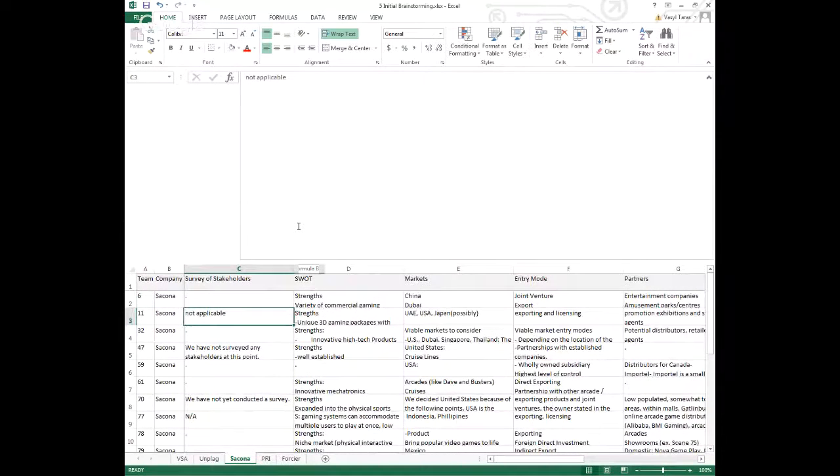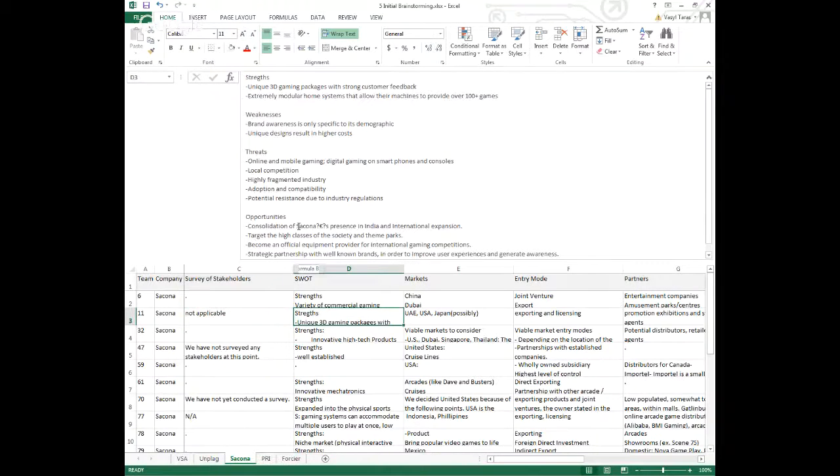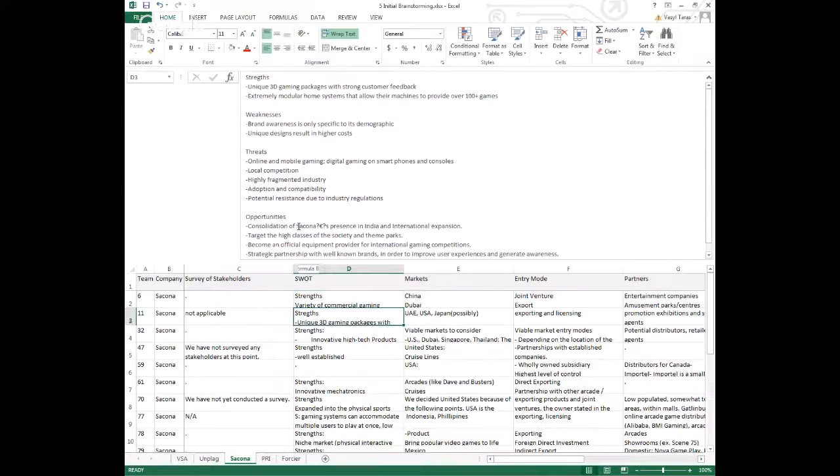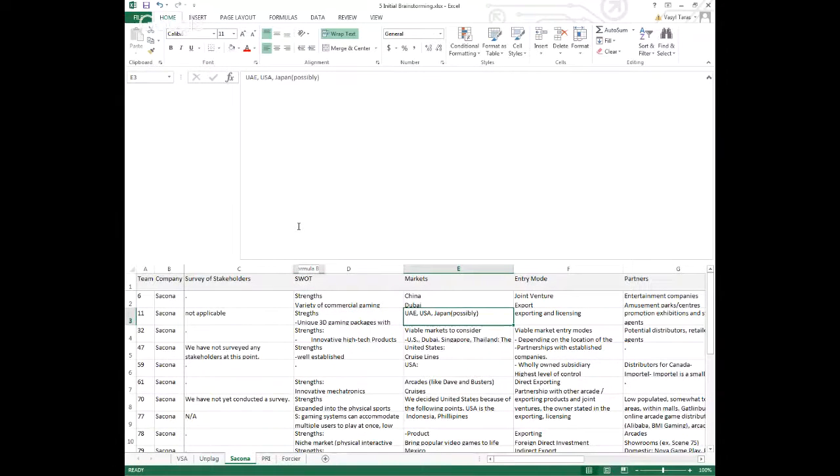These guys say that the survey of stakeholders is not even applicable, which is not true, because I think that is requested by the client. So you should be alerted right away. They still have a good list of strengths and weaknesses, but it's much shorter than the one provided by the first company. So if I had to say that this one is average, then the first one is probably a little bit better. They don't have a very lengthy list of potential markets, which is not necessarily a bad thing, but because they had to generate as many options as possible this week, I would say it's probably weaker.